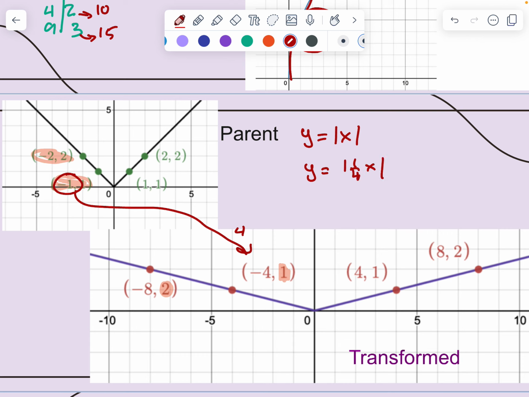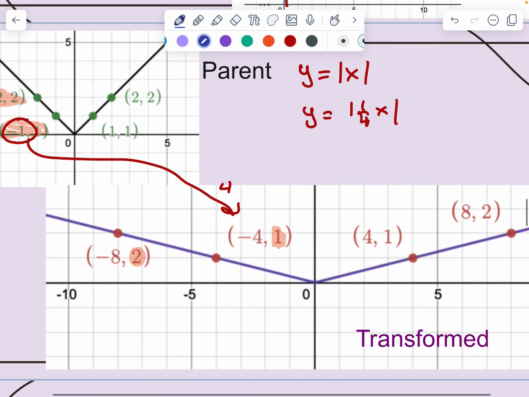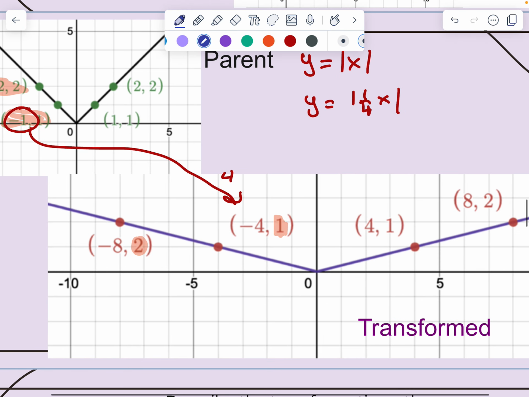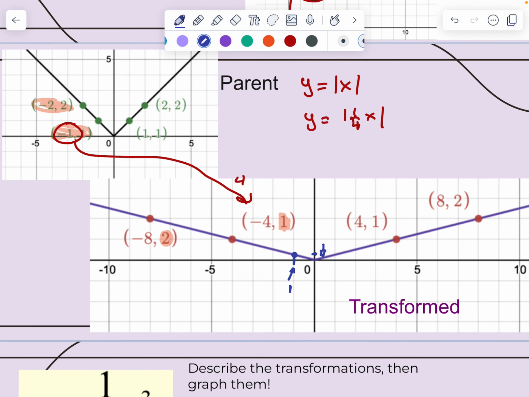I know you might be saying, well, Mr. Roche, you told me that it was compressed. You told me it was that machine that crushes the piggy bank. It's kind of interesting that if you pull the x's, it has the same effect as shrinking the y's. It has the exact same effect as pushing those down. And hopefully this doesn't make it too convoluted. If I look here, another way that I can think about it, this is a 1 and then a y value of 1/4. Another way that I could think of this is instead of stretching the x's, what if I